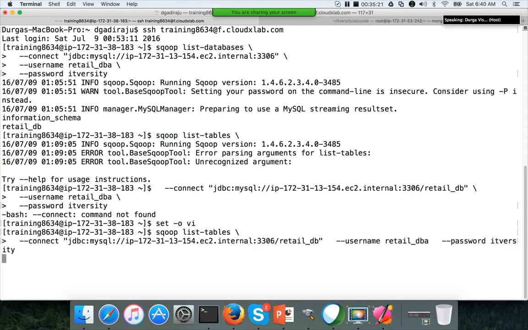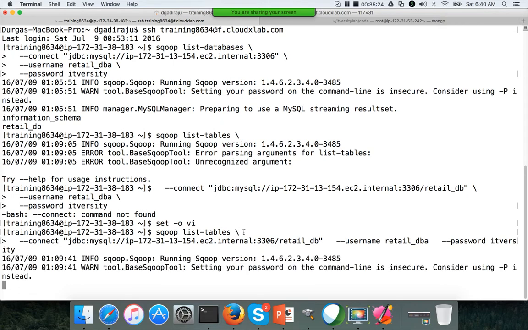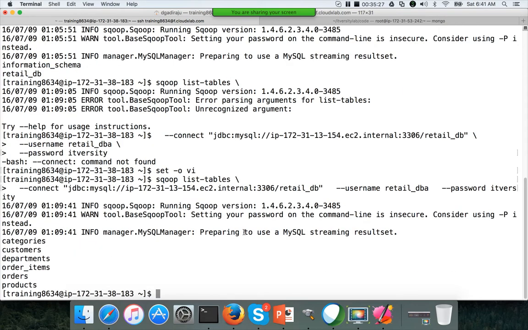Okay, now it will work. So you should not have any character after the backslash when writing the command in multiple lines. Even if you use a backslash with multiple lines, when you go back to the history, it will show it in one line. That's why you see this second line in one line: when we go to the history, it removes the backslashes and formats it into one line. So here you can see multiple tables: categories, customers, departments, order items and orders, as well as products. It is the same output which we got using the show tables command.